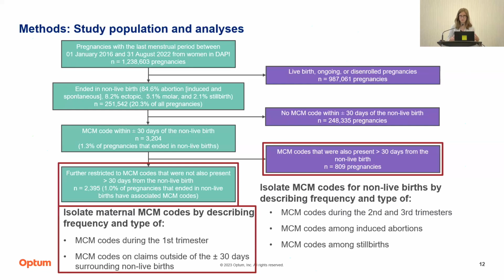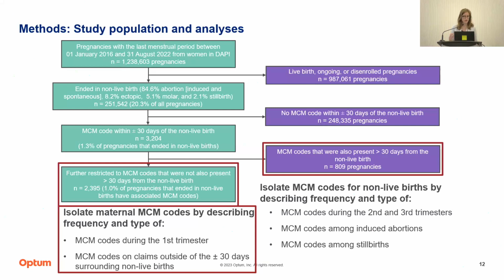So the rest of what we look at here will be just trying to tease apart the maternal and non-live birth codes. And so to isolate these maternal MCM codes, one of the ways, like I mentioned, that last purple box, that last restriction, was to actually look at these codes that we're pretty sure are maternal and what they look like. And then the other way was, if you look at the bottom green box, which I'm considering our main study population,